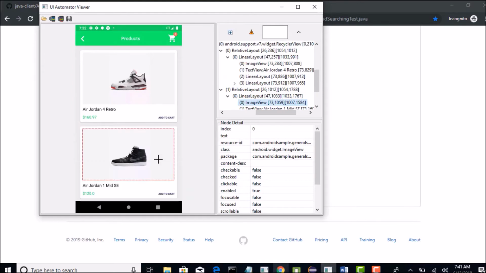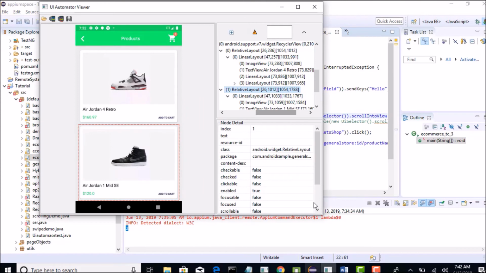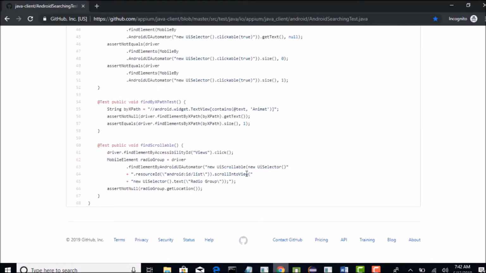Try it that way and see, and that will open up the whole product in your output. Okay, so how do you know that? When you ask me this question, it is trial and error. When I tried this initially, it did not work. Then I went to the Appium official documentation and tried to understand why they were navigating from parent to child by adding one more extra method here.